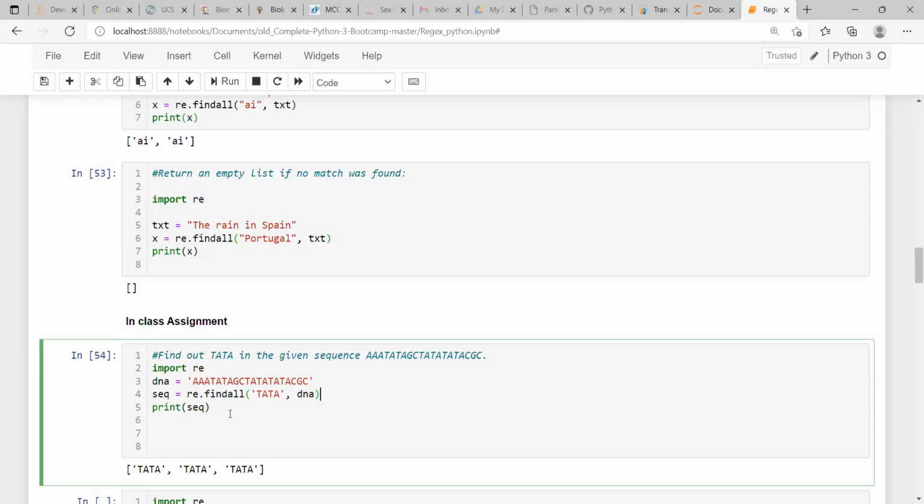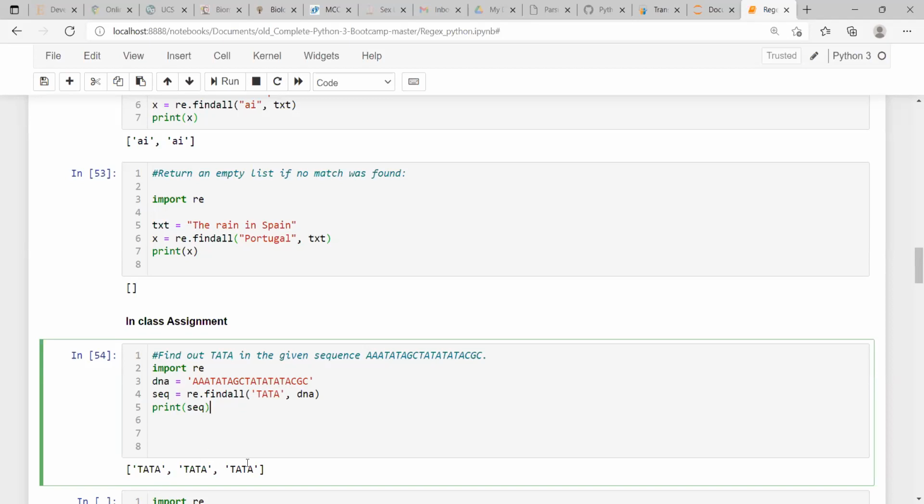You can try to solve how you can get the overlapping sequences also, using any method. But for simple cases, you can find any sequence from this larger sequence using findall.